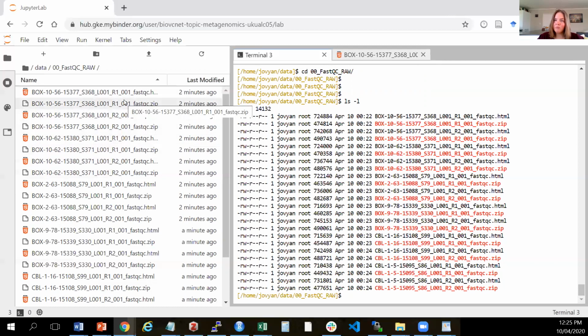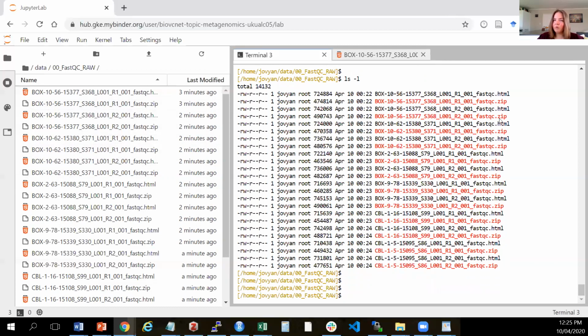But it's also valuable to be able to compare each of your samples to each other. And so one of the ways that you can do that is using a program called MultiQC. Now, MultiQC will go through and look for log files that have been created by FastQC and other software as well. So later down the line, if you want to have a look at the outputs from multiple different trimming steps, you can use MultiQC to pull that information together. But what we're just doing now is to be able to compare the FastQC output from each of these samples. And so we call